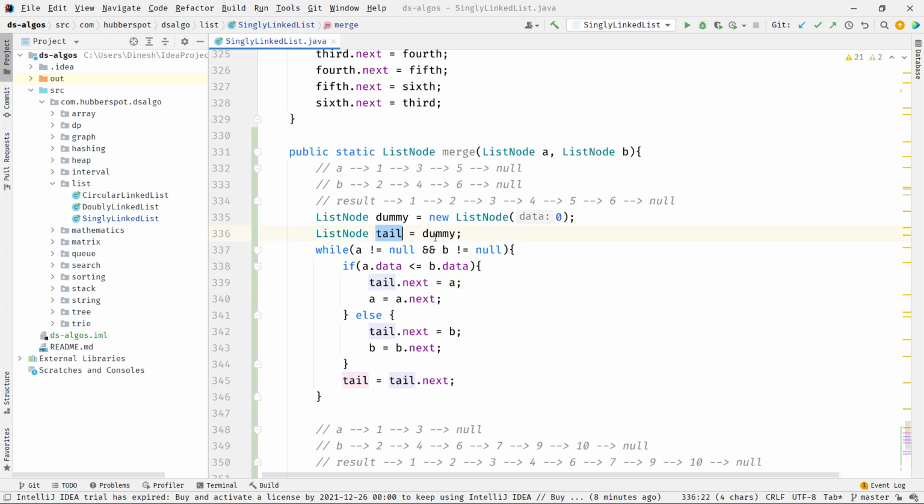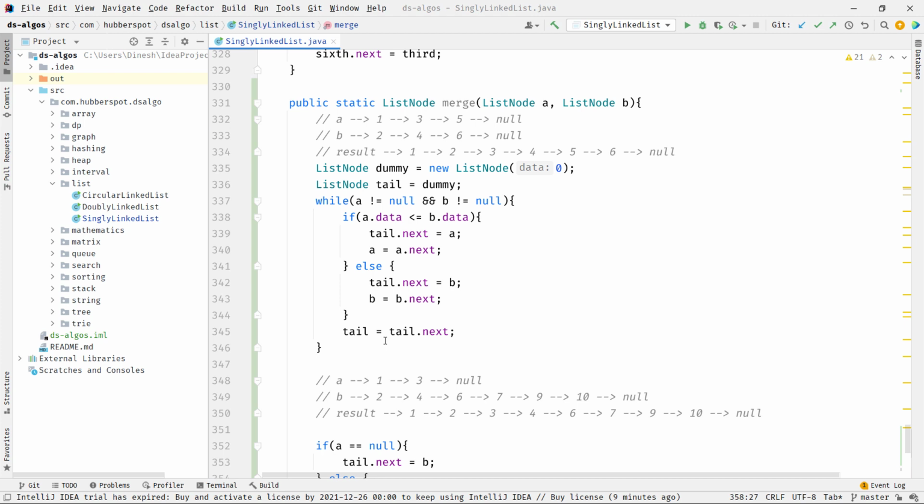We started with the dummy node and we used tail's next and added the nodes. So the actual head would be dummy's next, because the first node was inserted in tail's next and tail was pointing to dummy. So at the end we need to return dummy's next. So friends, this is the algorithm to merge two sorted singly linked lists.